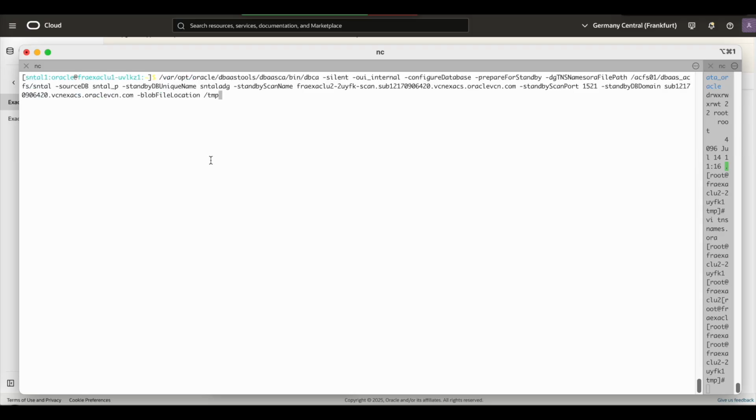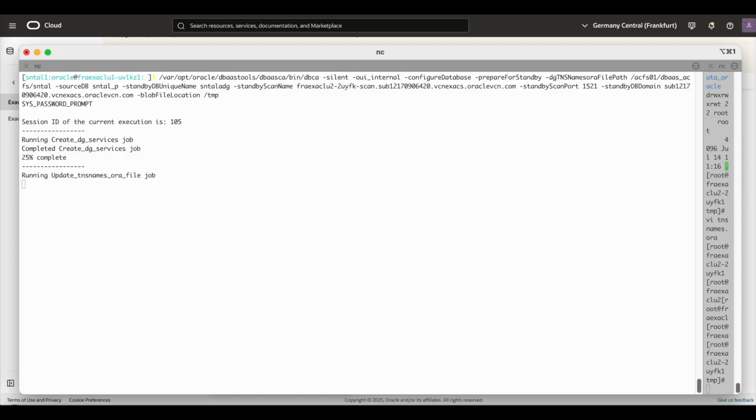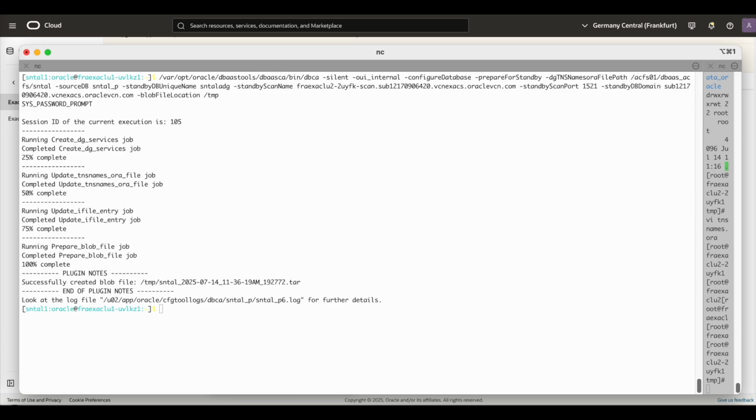After enabling all the prerequisites and configuring the best practices as per the MAA Hybrid Cloud document, replace the appropriate arguments and execute dbaascli prepare for standby in the on-premises environment as the Oracle user. This will create a blob file in the temp location. SCP this blob file to the cloud environment.